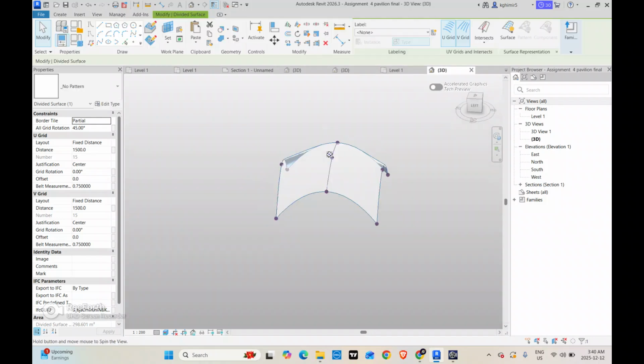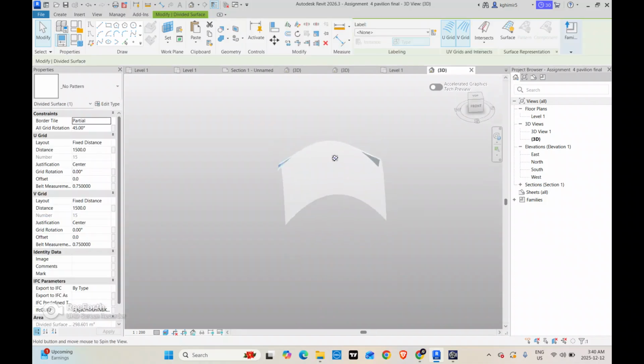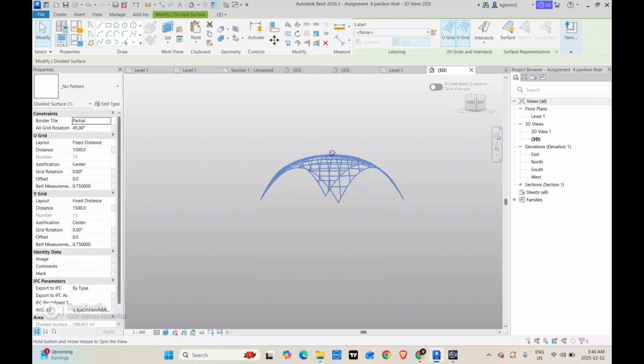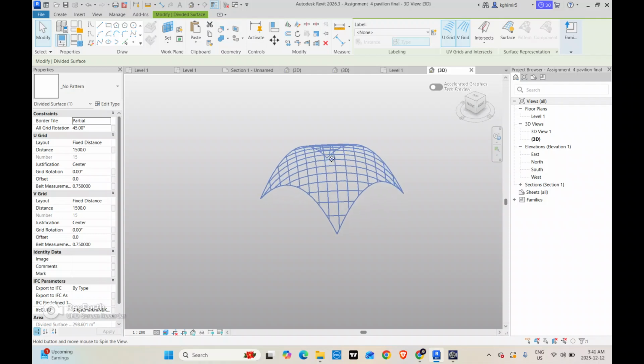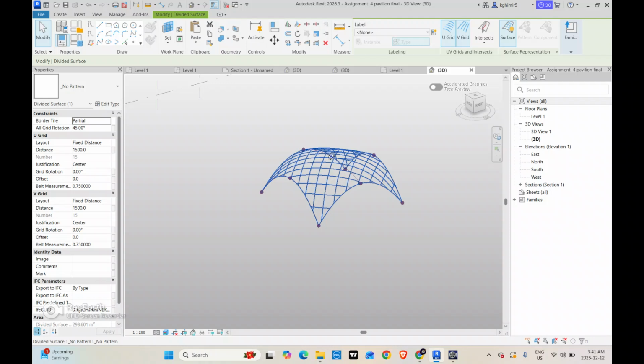So after you complete your surface, the piece where your pattern is gonna sit on, now what you need to do is divide it into different surfaces over here. In order for that, select your template, select your base, and just go on your surface, click on the surface, and it's gonna divide it. What's best for you? Divide it